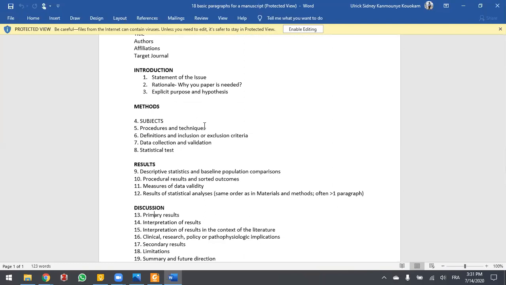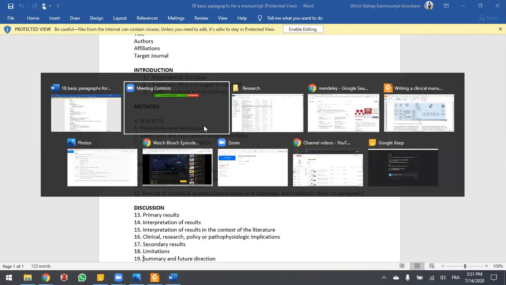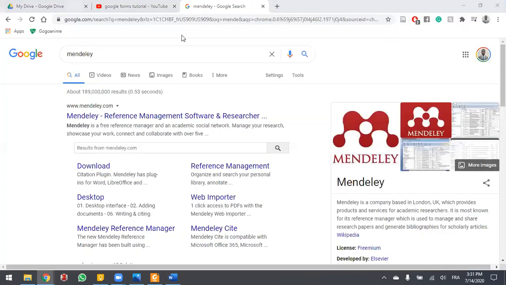We found this. So how do you interpret it? How do you put that in the context of relevant literature at the level of your country, the continent, and outside? And then eventually you get to the secondary results. You found other things that were not necessarily the primary target of your study. Always describe the limitations. Every study has limitations. Always describe the limitations to your study. The last paragraph, depending on where you're submitting, could be the conclusion or just be the last paragraph of the discussion.